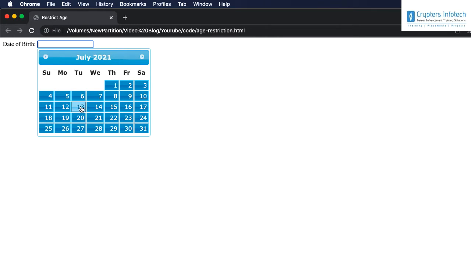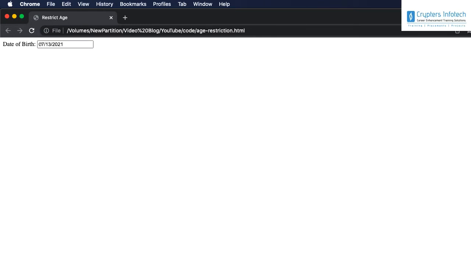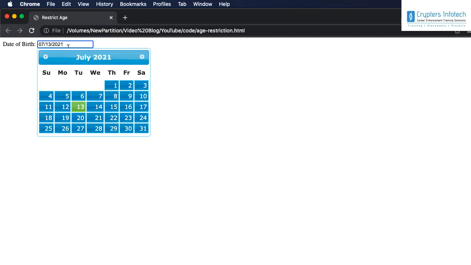So you can select any date you want. Suppose you want to select the date like 13th. Here you could see MM/DD/YYYY. That is a format. You can change this format. Actually, you can do a lot of things using jQuery UI's calendar. Now, suppose the person should be above 18 years of age. That is, suppose this is part of an online form where the user should be an adult to fill that form. So what should we do? The user's age should be at least 18 years. So we need to implement some kind of age restriction.